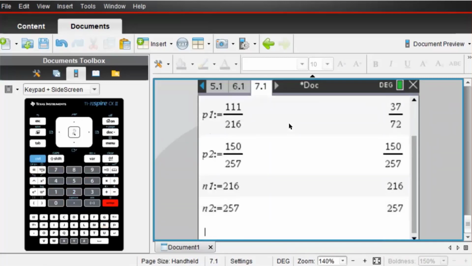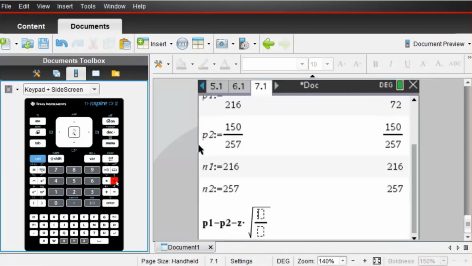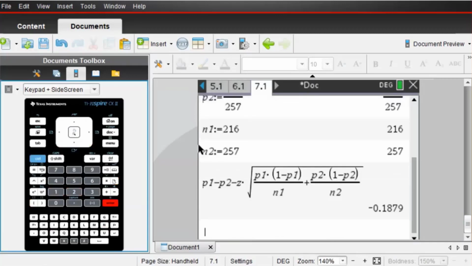So all I really want to do is calculate the formula P1 minus P2 minus Z times, now this is the formula that I'm typing in, it was a template here, the square root of P1 times 1 minus P1 over N1 plus P2 times 1 minus P2 over N2. So that's minus